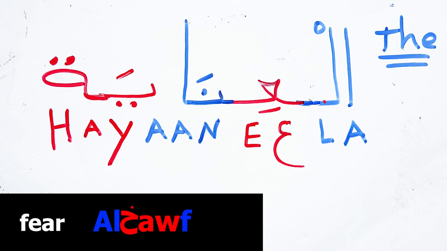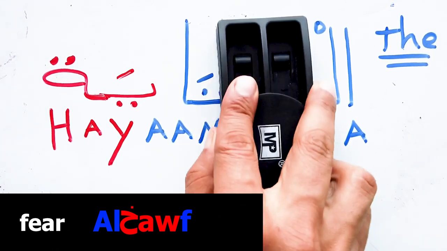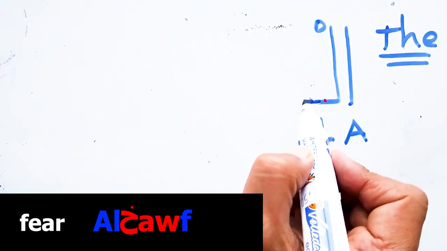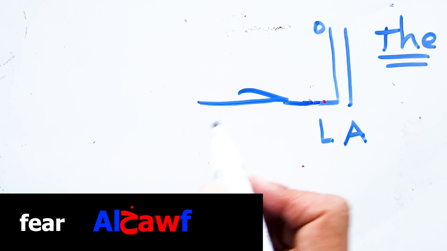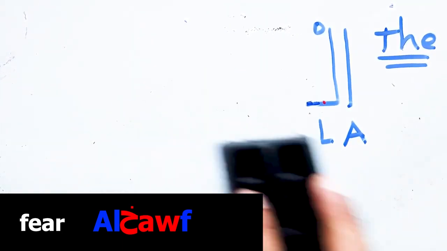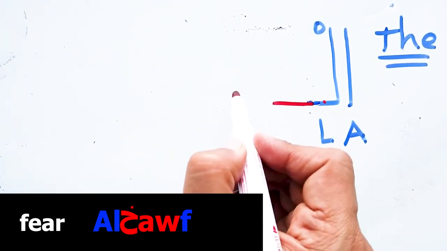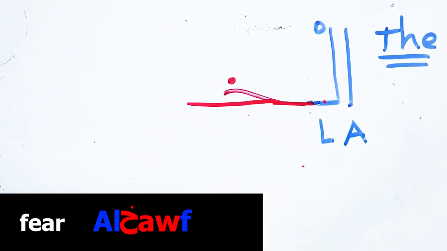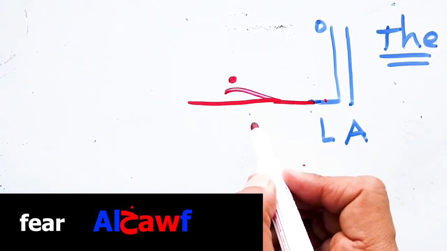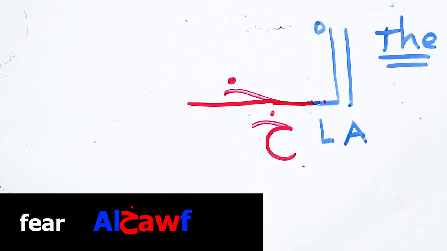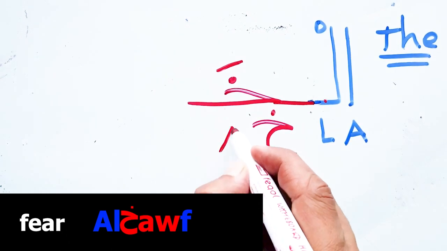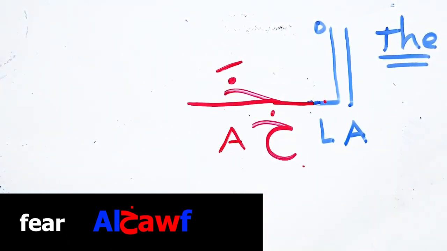الخوف. The sound of this letter خ doesn't exist in English. Okay, so sorry, I must add it in red because it's another syllable. So it is al kh. Let's write this kha as it is because the sound doesn't exist in English. Al kha is fatha. So I have the sound of A. Al kha.